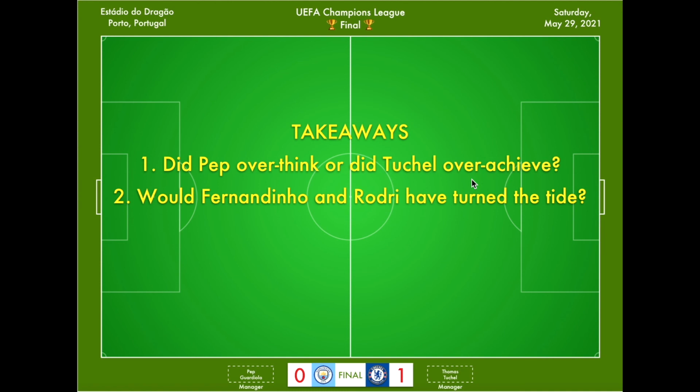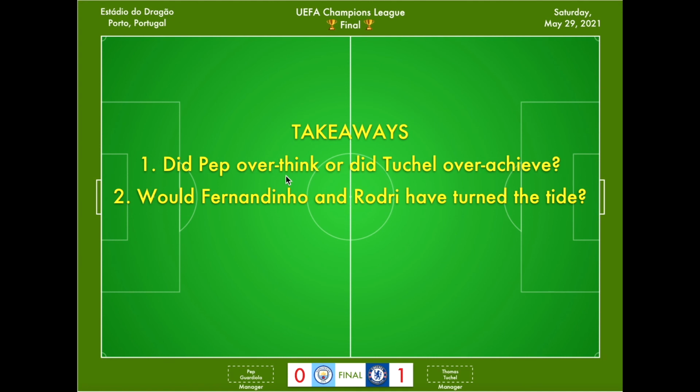Against Chelsea in the past few matchups, he's played both Fernandinho and Rodri at the same time, and that has led to a loss as well. He has also played Rodri alone, and that has also led to a loss. And Rodri gave away possession as well. In hindsight, it is evident that maybe these two guys would have done something to help turn the tide, but who knows? And to think that he overthought it, I don't quite buy that, because he fielded the type of